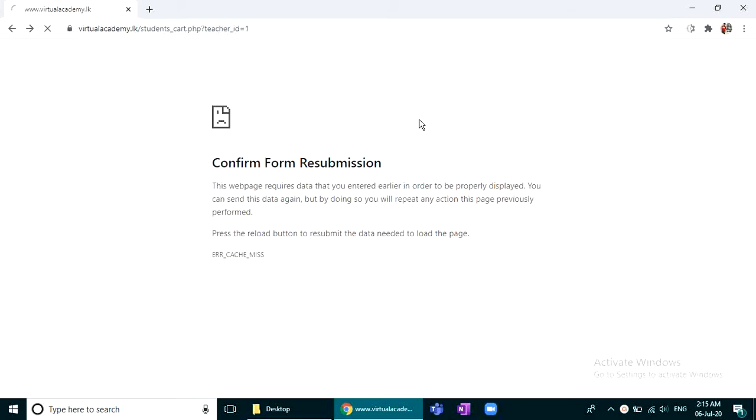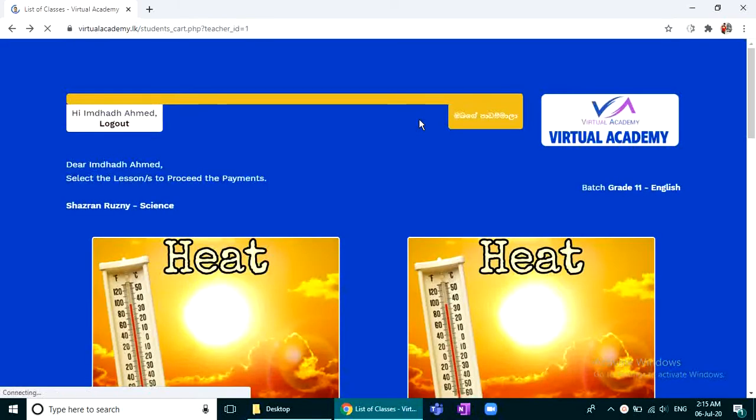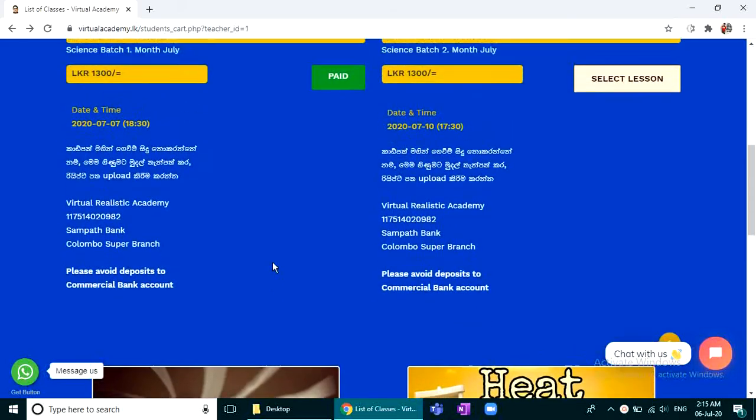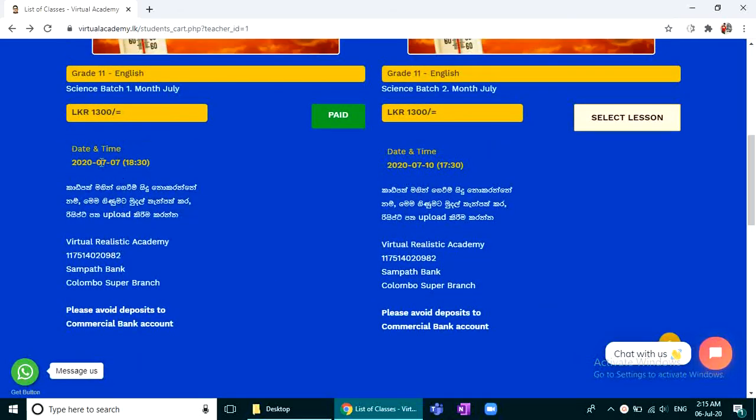Once you have completed the payment using the card, if you have seen the other video, you can understand how to do it. Once you have completed the payment, it will be showing here as paid, in the green color box. And at this date, at 6:30 p.m., if you come here, you can see a red box. Right here at this point, there will be a red color square which will indicate you to join the class.